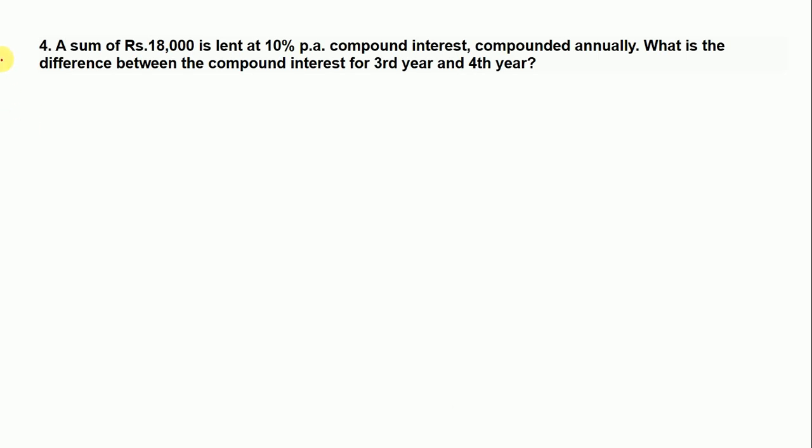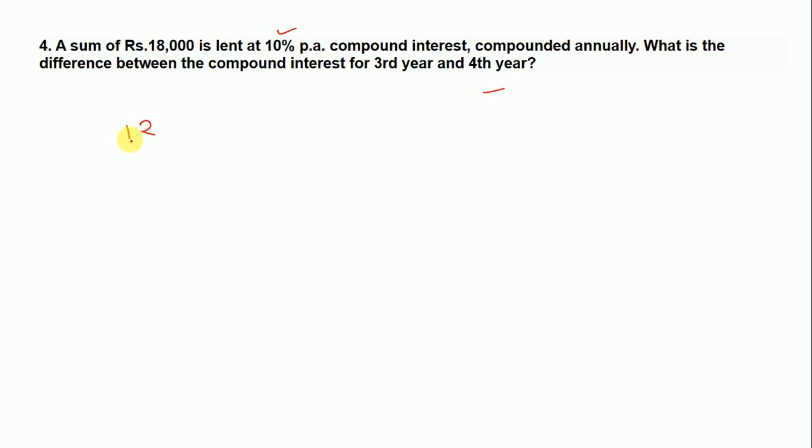Now question 4. A sum of rupees 18,000 is lent at 10% per annum compound interest compounded annually. What is the difference between the compound interest for third year and fourth year? So this is very easy question if you know the trick. So here is a very simple trick, that if interest rate is 10% and you have been asked the difference between the interest for third year and fourth year, then the difference will be just